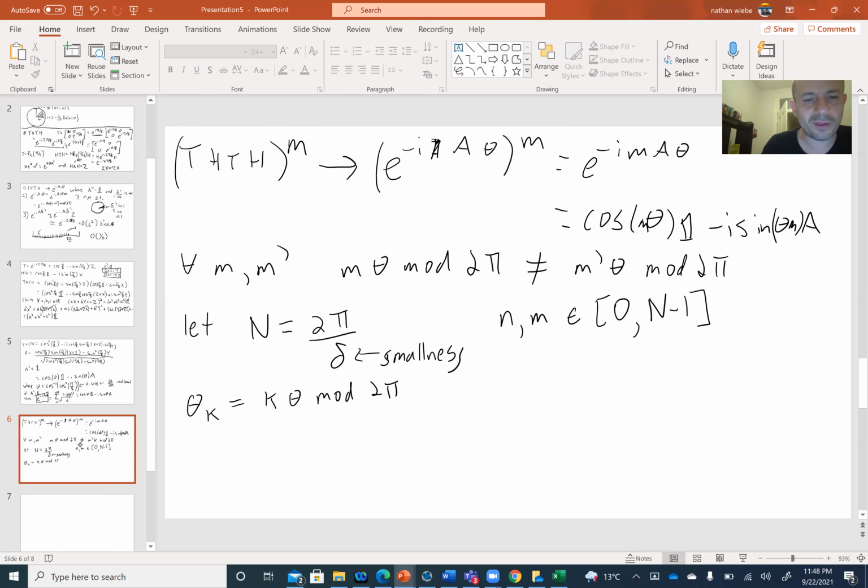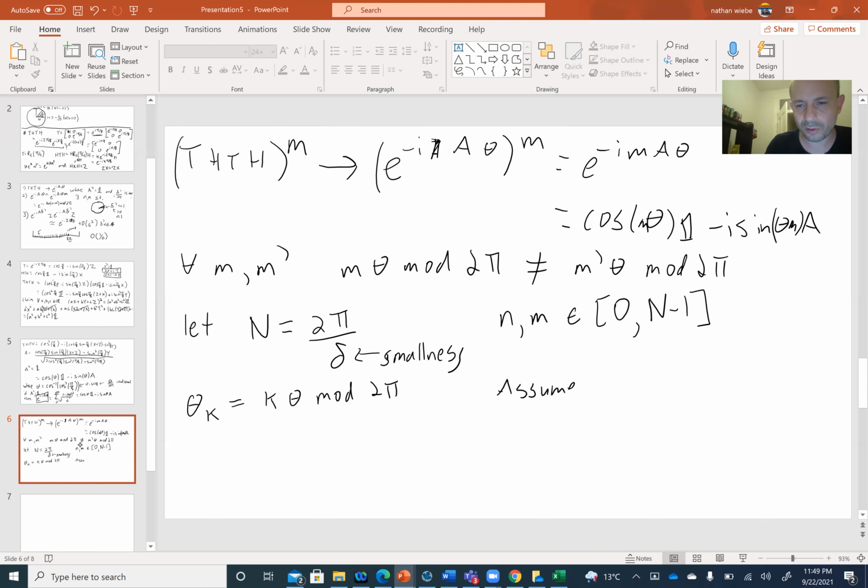I'm doing this because we need to do all of this in terms of modular arithmetic, and I really don't want to have to worry about the 2 pi rotations over and over again. Further, because these are irrational and no two are identical,